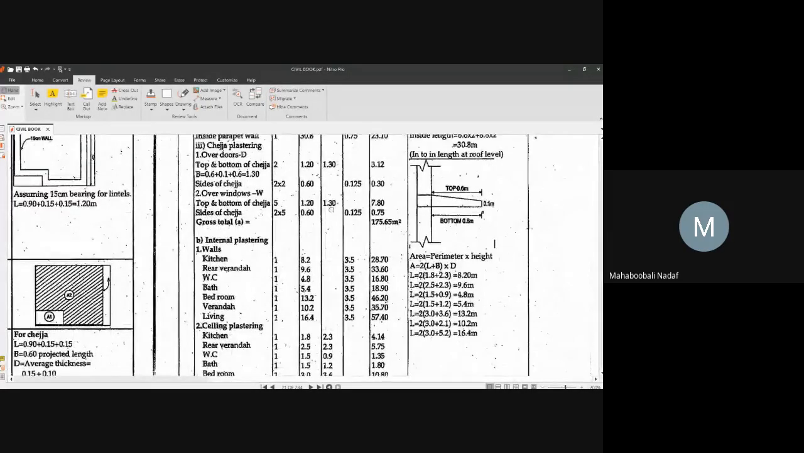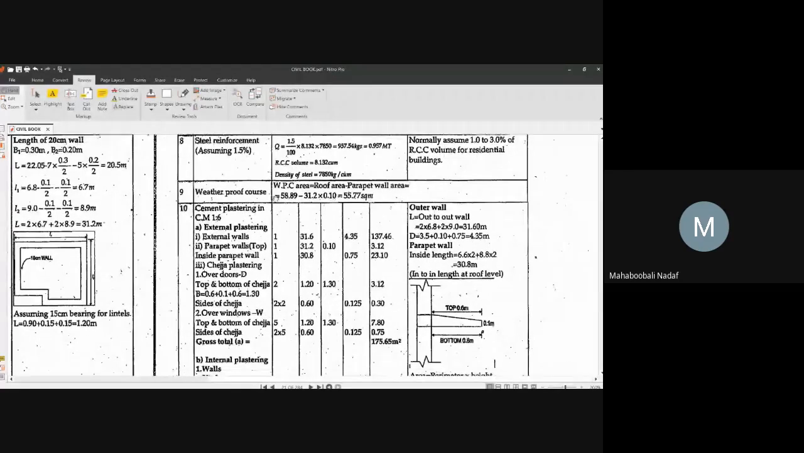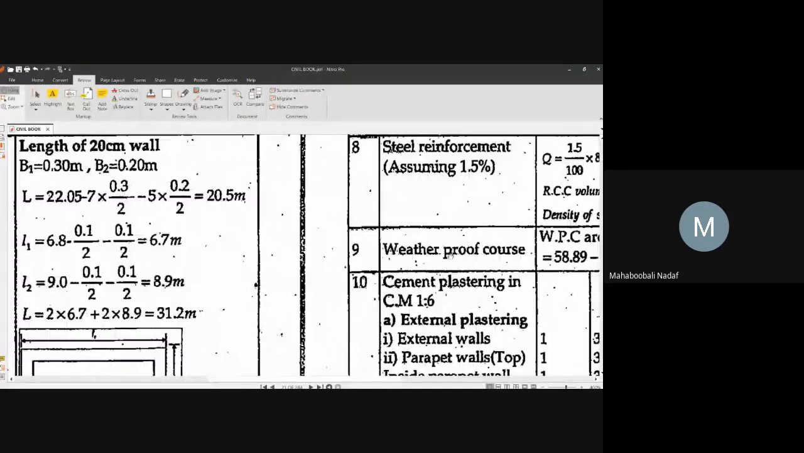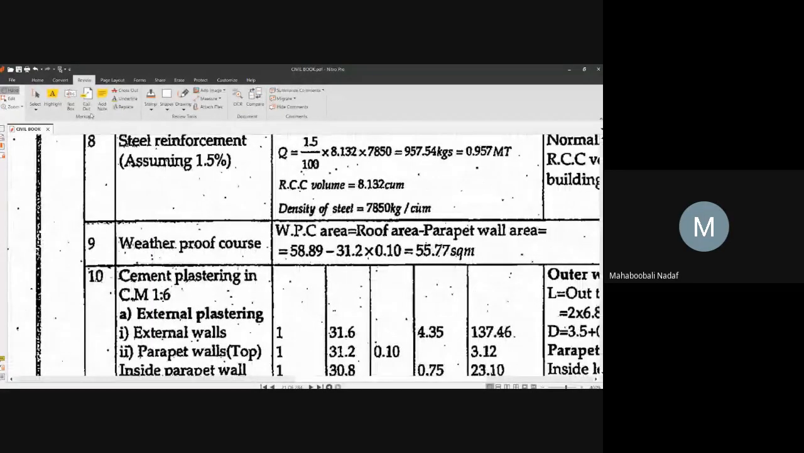Okay. Weatherproof. Total roof area, no? Weatherproof. What is that? Water. Weatherproof course. So that is the total roof area that we have already calculated in the previous step. Total roof minus parapet wall minus